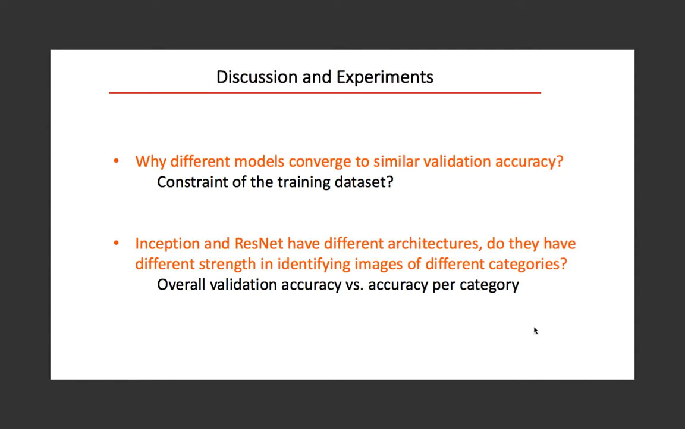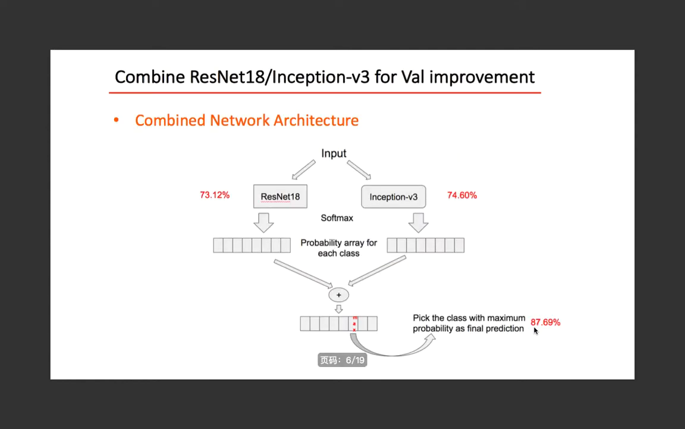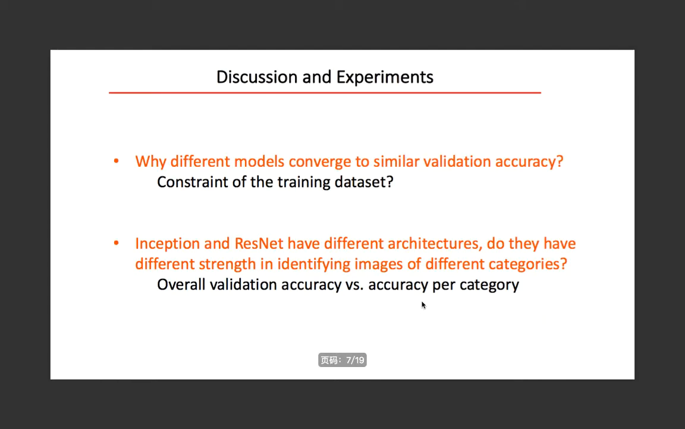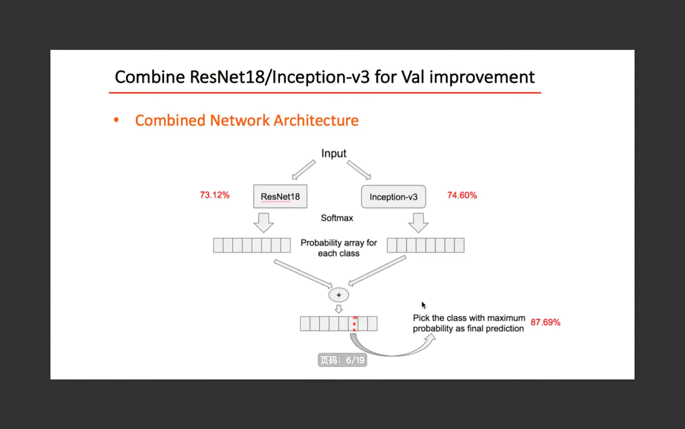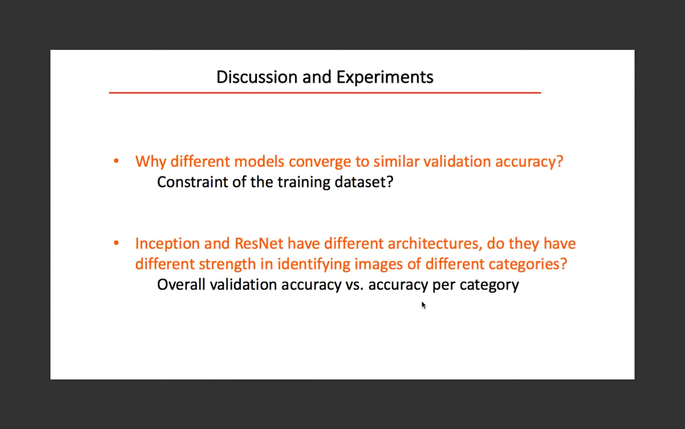We would like to ask two questions. The first one is why different models converge to similar validation accuracy. As we can see, ResNet 18 and Inception V3 are quite different models, but both of them converge to similar validation accuracy. So is that because of the constraint of the training dataset? Is that because, for example, the resolution of the images is low, so even though the capacity, the ability of the network increases, the validation accuracy will not increase,